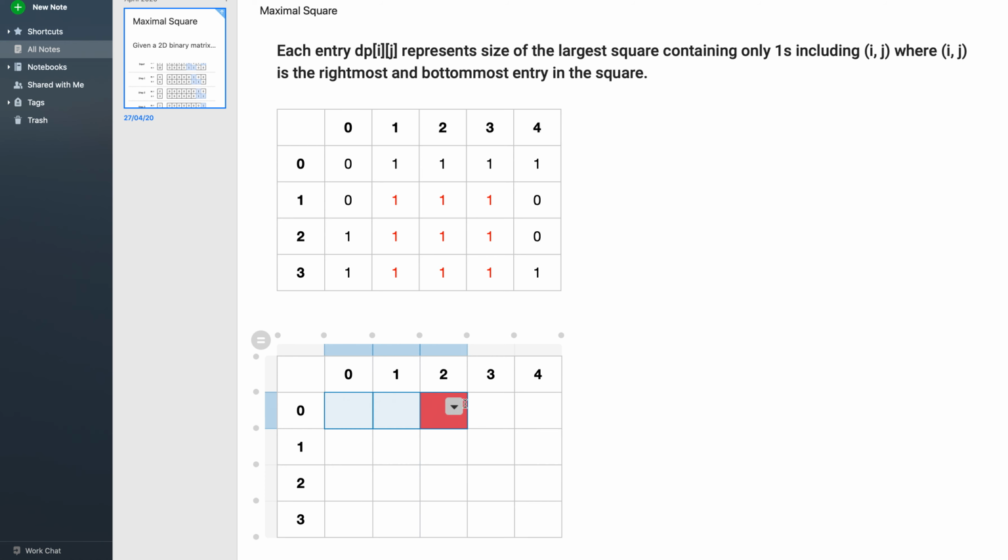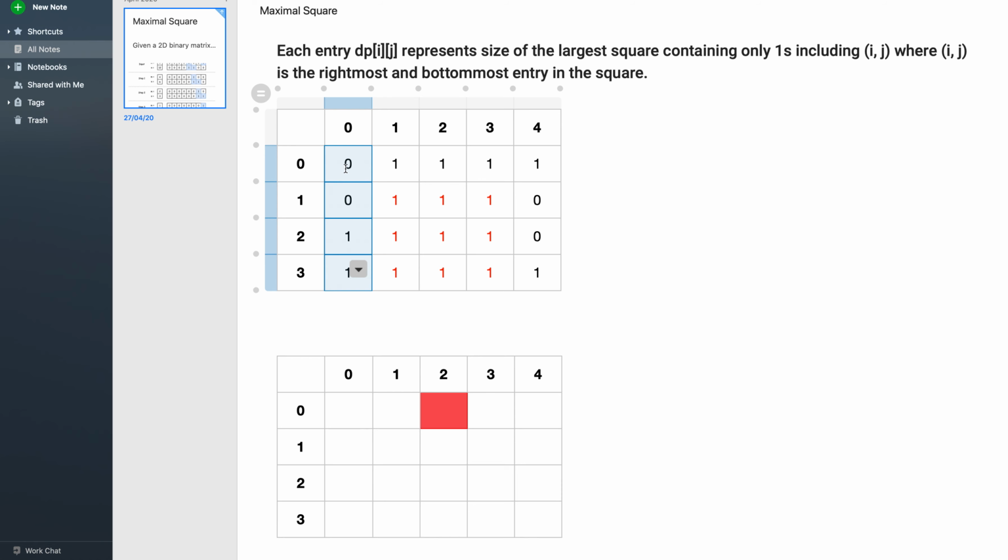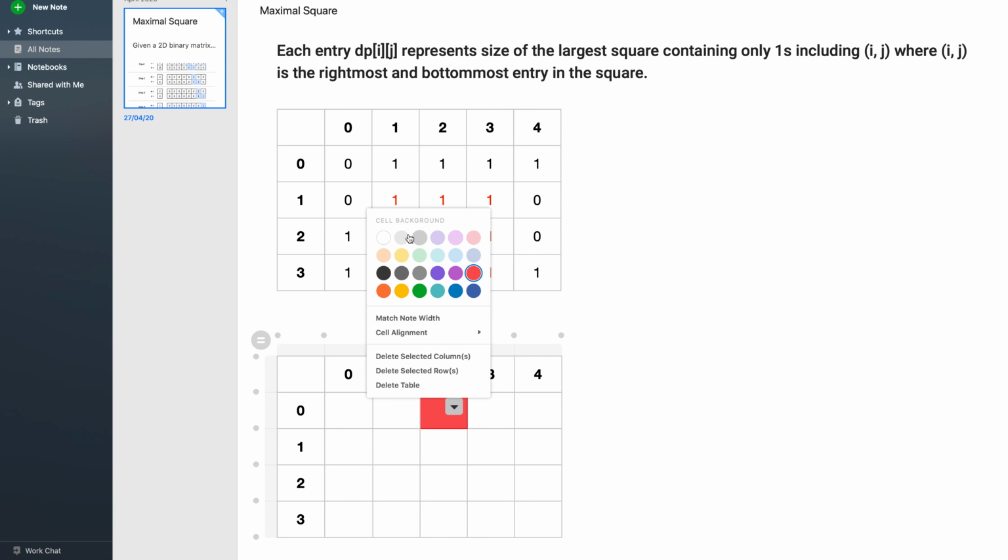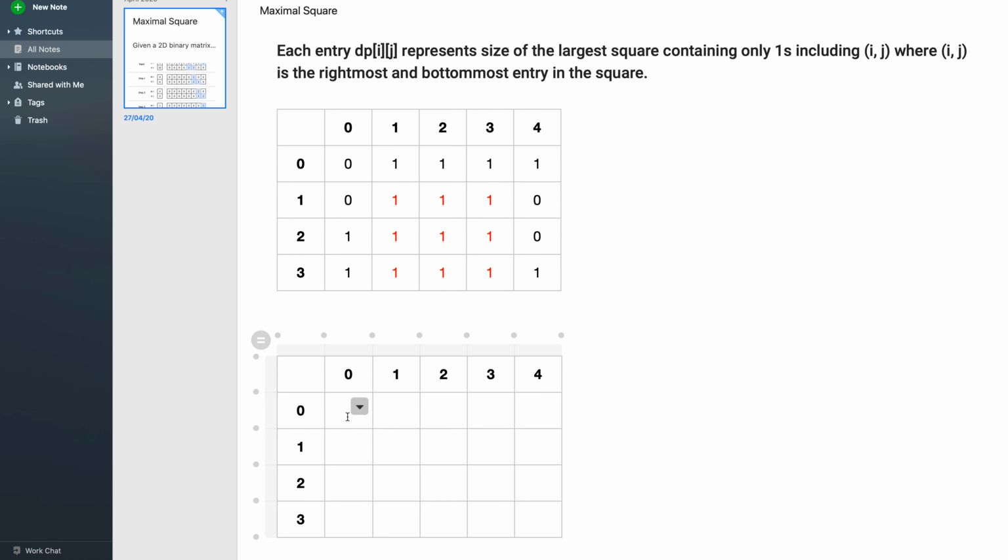So for row 0 and column 0, the value of the dp array depends only on the value of arr[i][j]. In case it is 0, dp[i][j] is 0. In case it is 1, dp[i][j] is 1. So let me just fill all these values. So this is 0, 1, 1, 1, 1. This is 0, this is 1, this is 1.